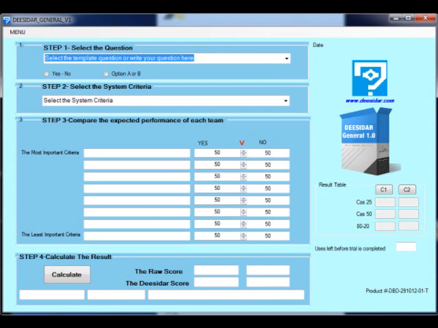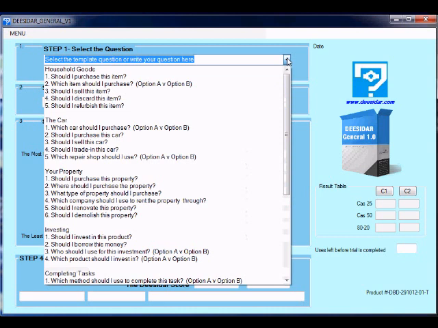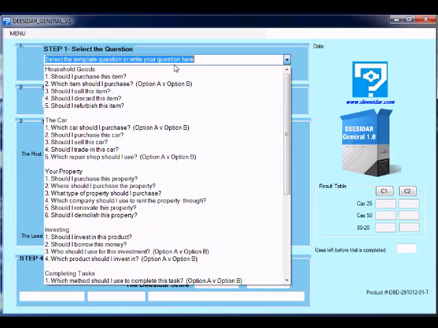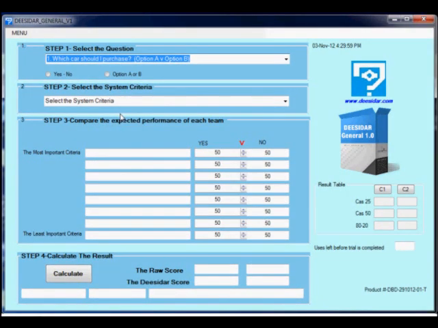So you come here to step 1 in the top window of the software package. Click on select the template question or write question arrow down, and you are given a list of template questions to choose from. You scroll down, there's various types here: household goods, your property, the car, investing, completing a task, etc. So we're going to the car, and here, now that we have selected the question,